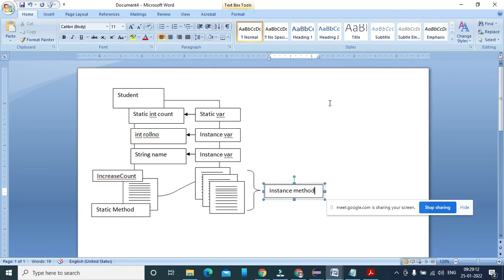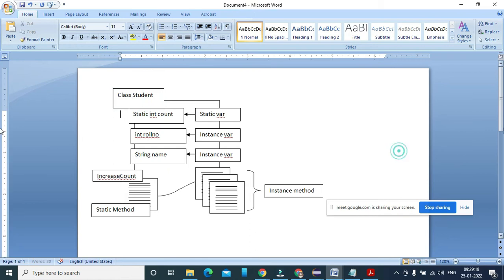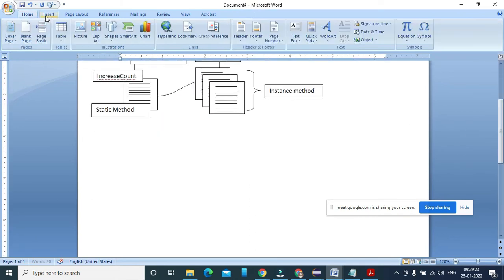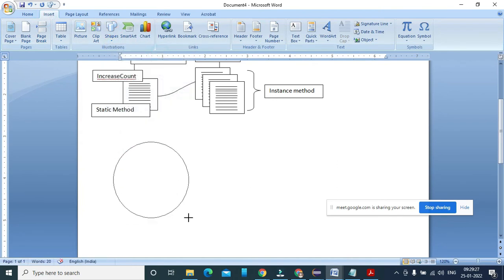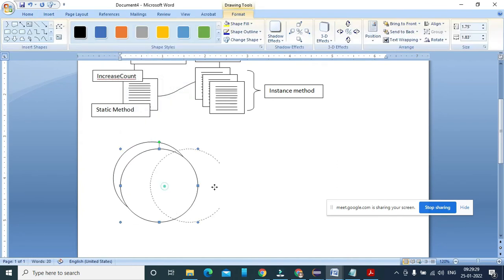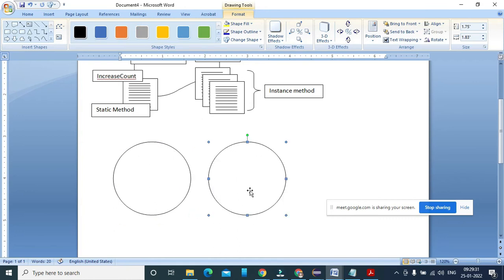ओके, सो ये मेरा क्लास है स्टूडेंट, एंड व्हेन आई एम क्रिएटिंग अ ऑब्जेक्ट, तो मैं स्टूडेंट के अलग अलग ऑब्जेक्ट बना रहा हूँ. सो दिस इज माई S1, S2, S3. So this is my S1 object.